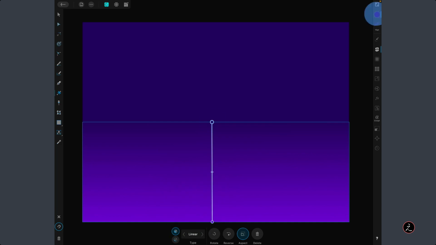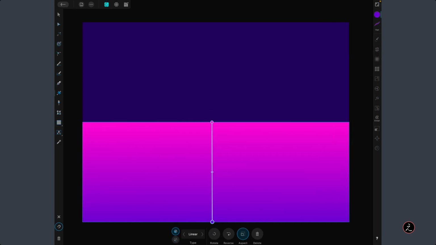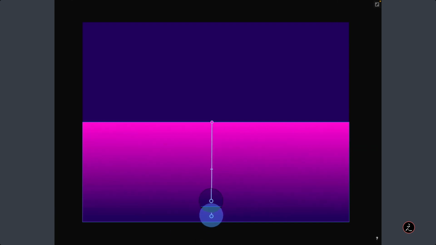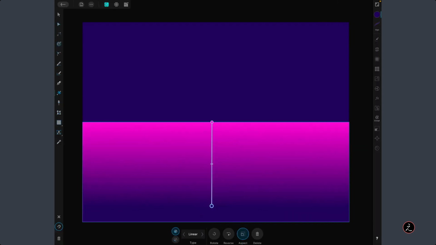For the first color stop, I will use this color, and for the second color stop, I will use this color. All I'm going to do is adjust the spread of the colors by moving this color stop a little higher up and perhaps moving the midpoint. All right.